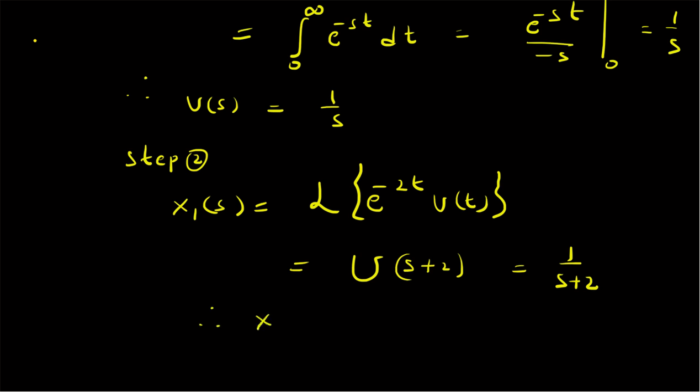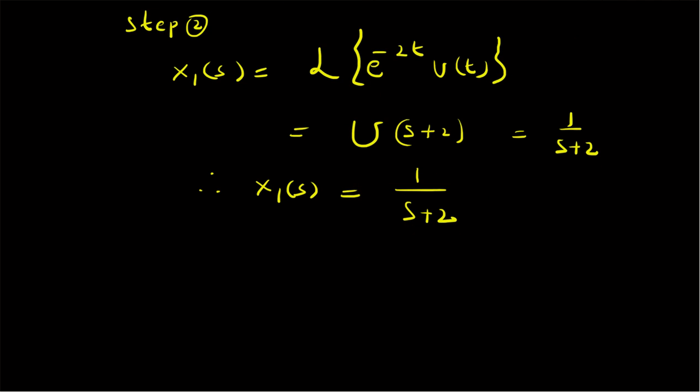Therefore, X1(s), the Laplace transform of e^(-2t) u(t), is 1/(s+2). And now finally, step 3, we have to find the Laplace transform of the given signal x(t). Therefore, X(s), the Laplace transform of x(t), will be equal to